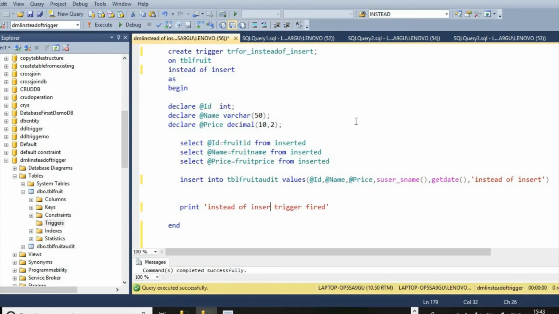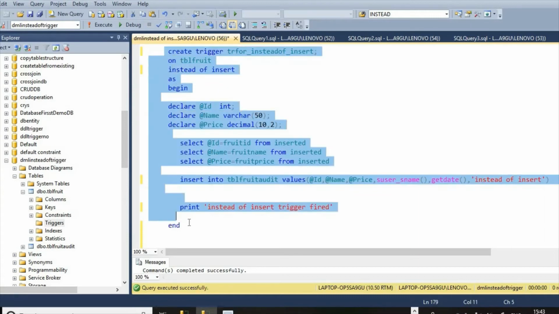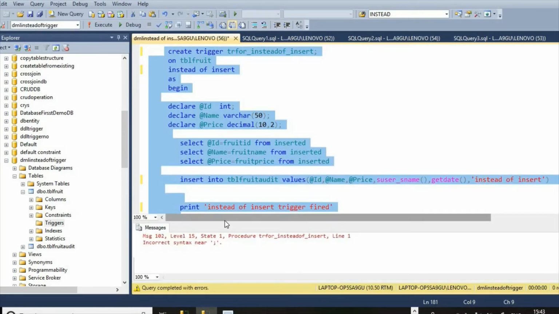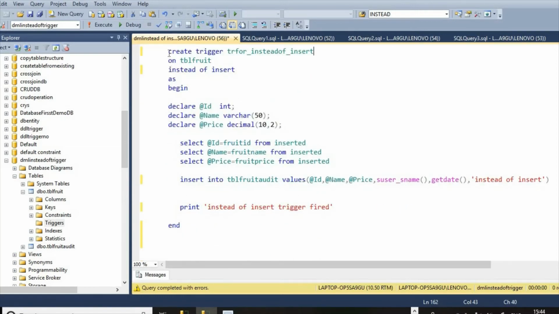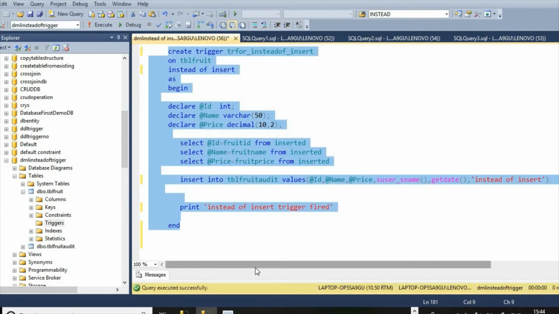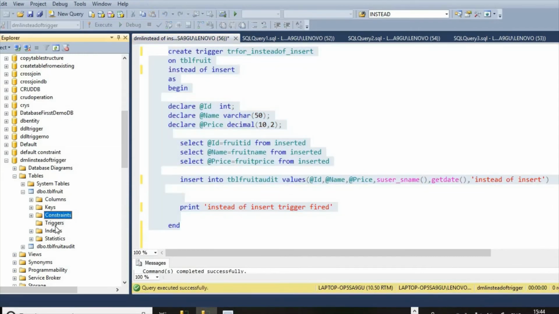Of insert trigger fired, and if we execute this, we can see trigger created successfully.